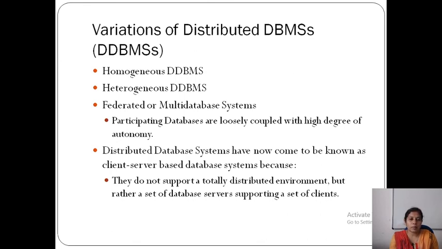In one system, we'll have a database stored, and it will service the database requests. So rather than having distributed databases in multiple systems, we'll have one server system where we will dump all the information, or it will manage the entire databases. That's why sometimes it is called a client server based database system.